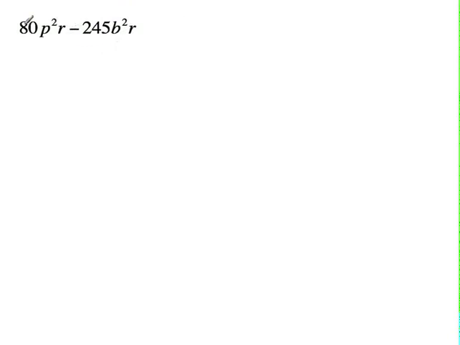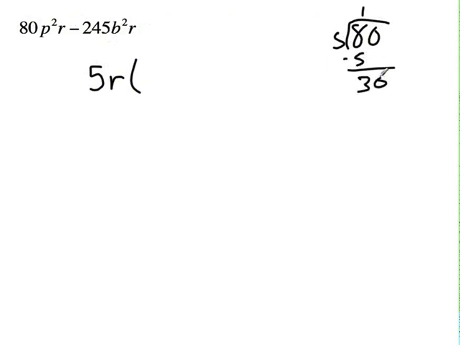So it looks like both of these are divisible by 5. So I'm going to factor out a 5. I'm also going to pull out an r because they both have an r. So if I pull a 5 out of 80, 5 goes into 8 once, and then into 30, that's going to be 16. So we have 16p squared minus,